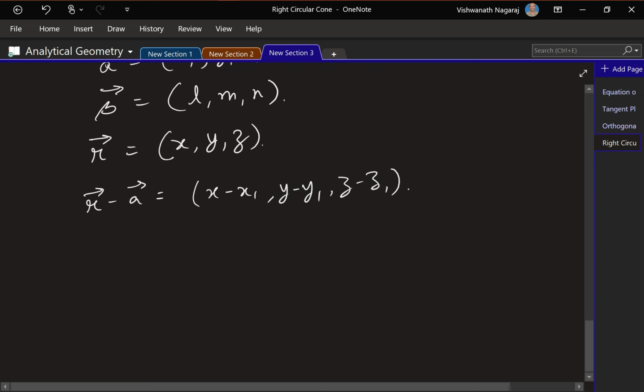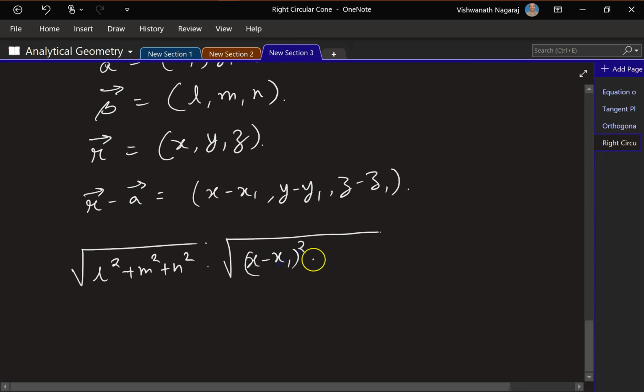Now let's just substitute it back to the vector form. Magnitude of beta, that is the square root of L square plus M square plus N square, times magnitude of R minus A, so the square root of x minus x1 square plus y minus y1 square plus z minus z1 square,